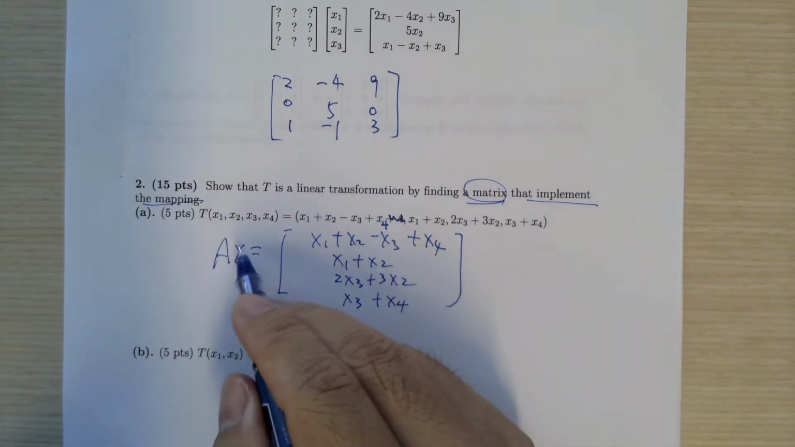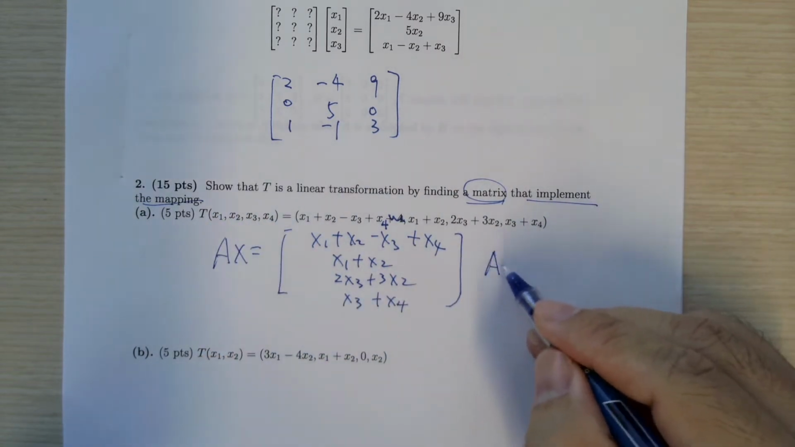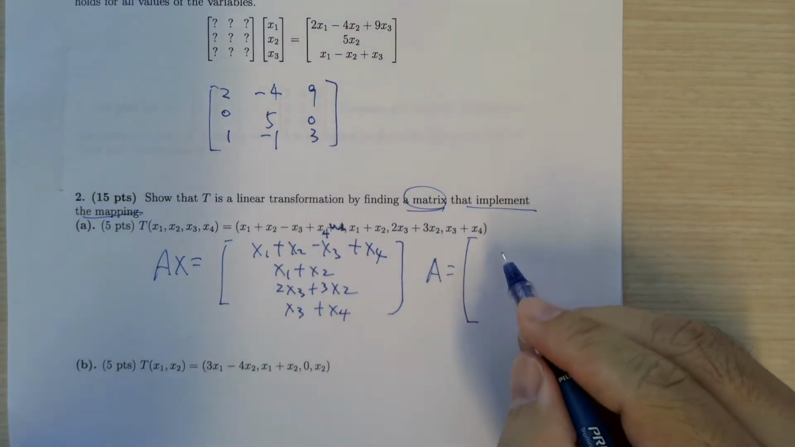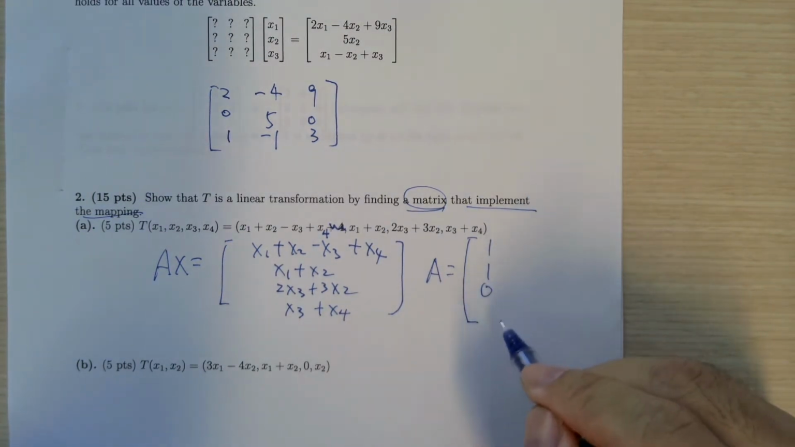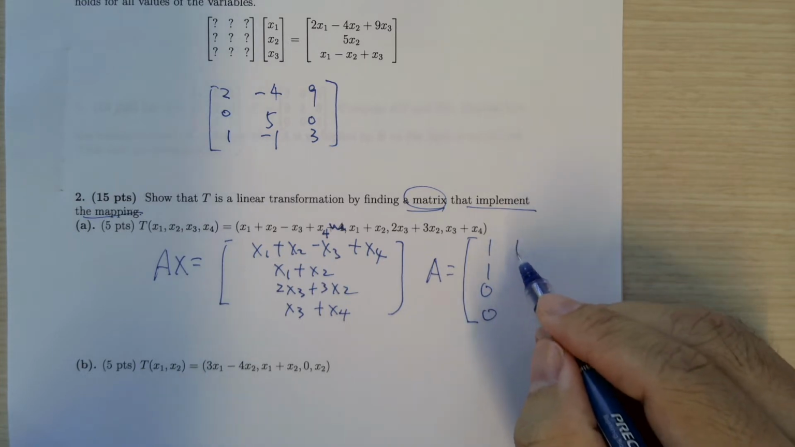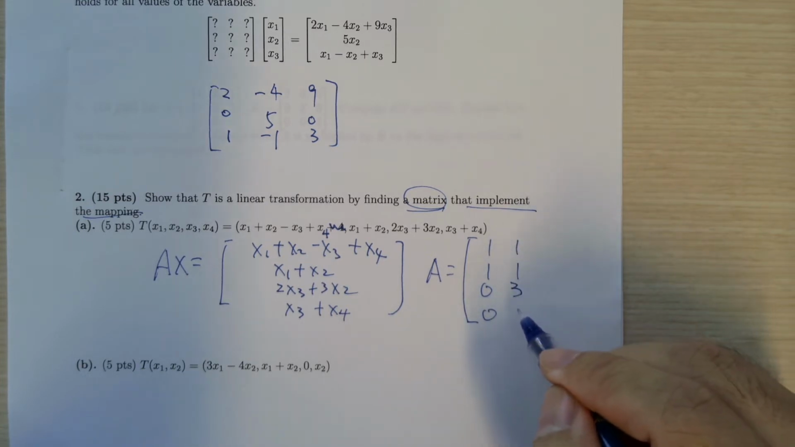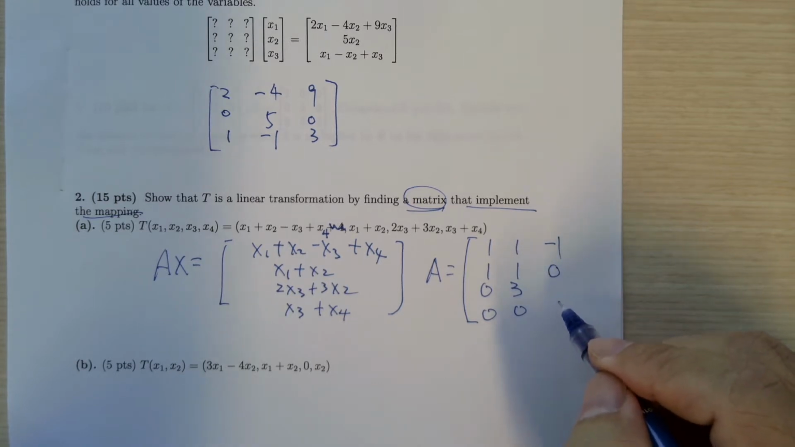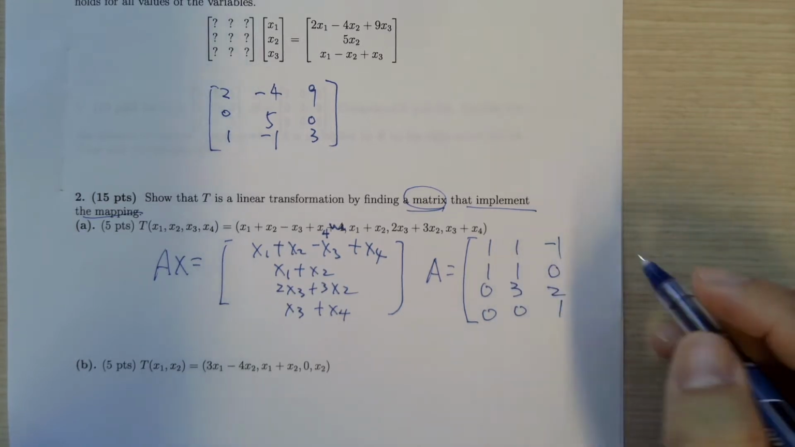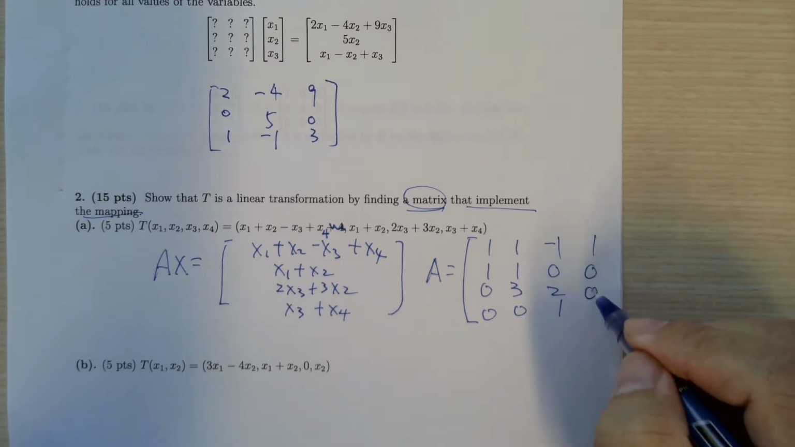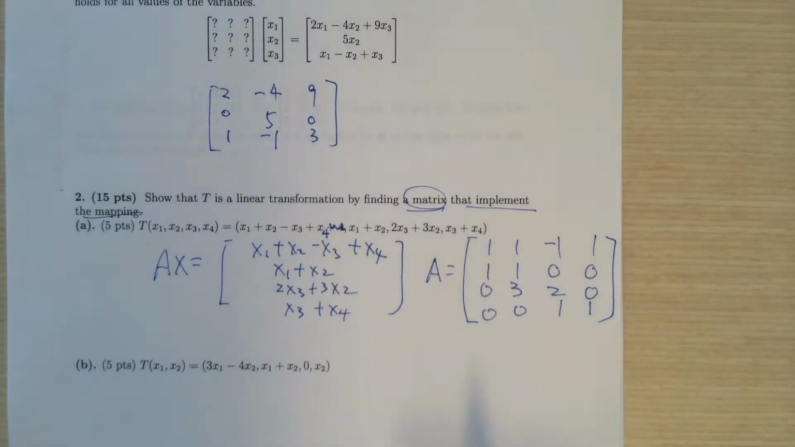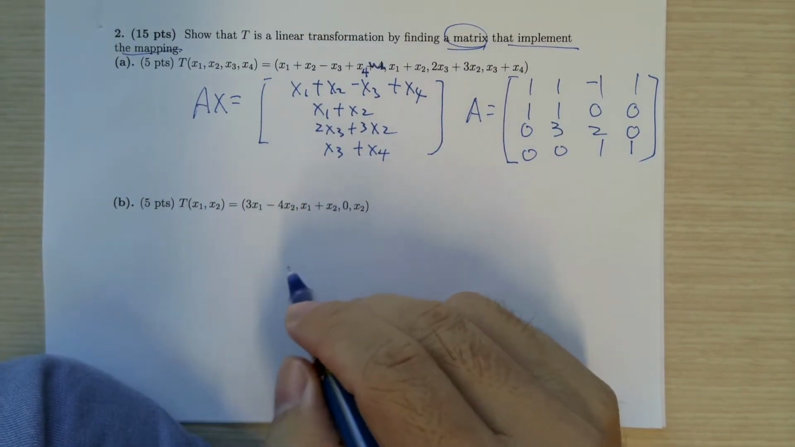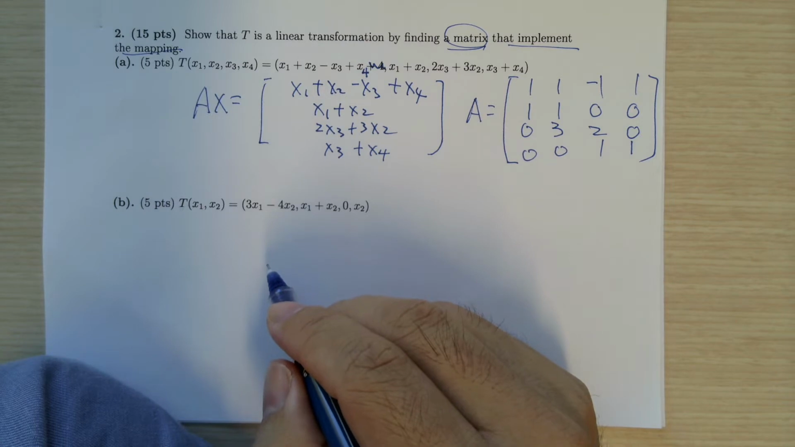So of course x here. The matrix A is going to be what? It's going to be 1, 1, 0, 0, 1, 1, 3, 0, negative 1, 0, 2, 1, and 1, 0, 0, 1. Okay, so just simple stuff. Same logic for this one. We're looking for